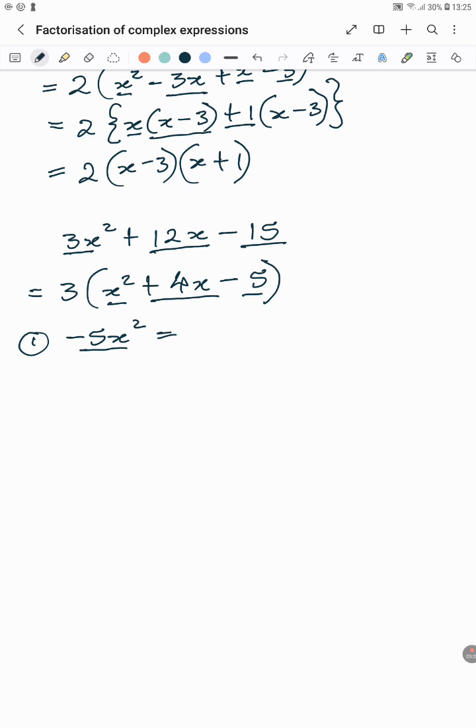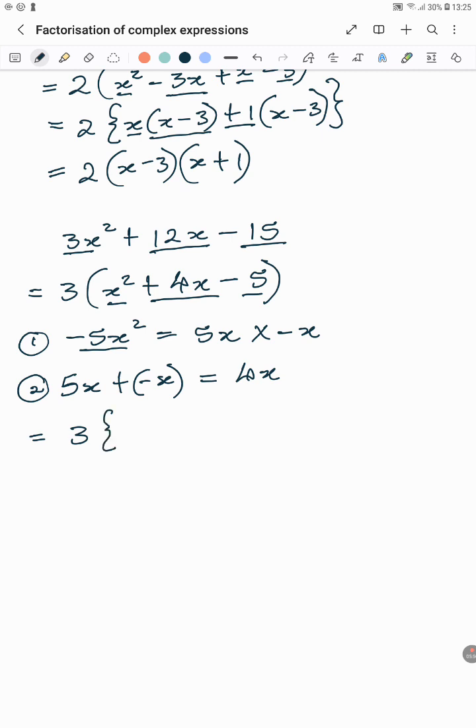So two factors with a difference of 4, and which give you minus 5x squared when you multiply them, are 5x and minus x. If you multiply these two, you get minus 5x squared, and if you add these two, they give you 4x. So you substitute there, and when you substitute, you're going to have 3, when you substitute 4x, you're going to have plus 5x